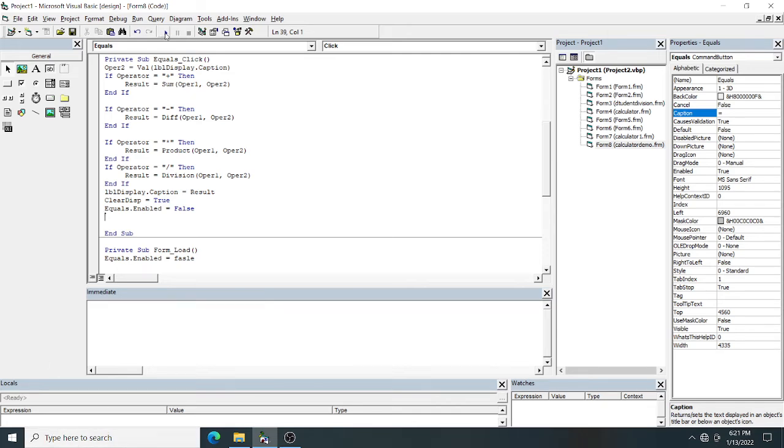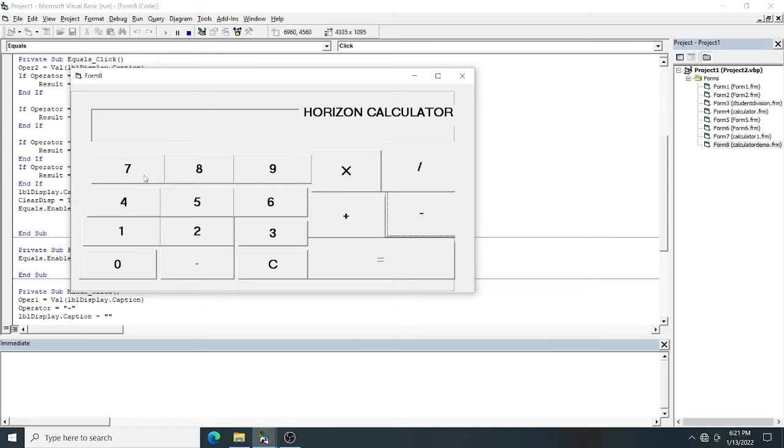Okay, see these functions are not there, so let's execute up to here. So it is your 7, 8, 9. Then I will press one operator. Immediately it will get cleared. So if I press this one, which got activated, this one got cleared, and the value there in lbl display got stored in operand 1.